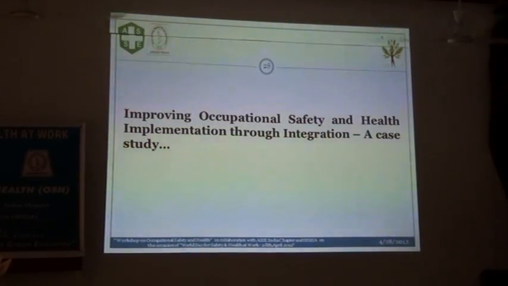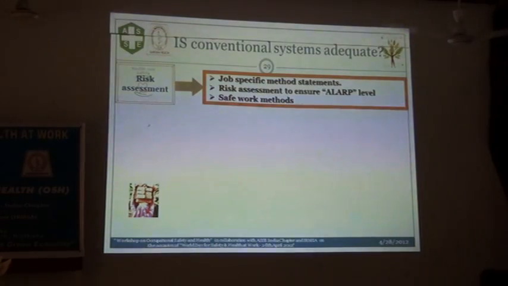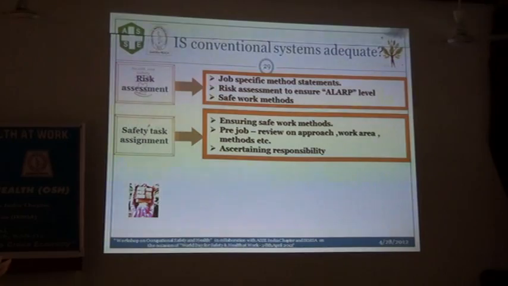Now, what we do in a conventional method or a normal approach in any industry, as Mr. Shuvendu Basu was sharing about the risk assessment and the path connected with that, we generally follow that, and then we also have connected to that risk assessment the task assignment, which is nothing but communicating the findings of the risk assessment and then ensuring the safe work method